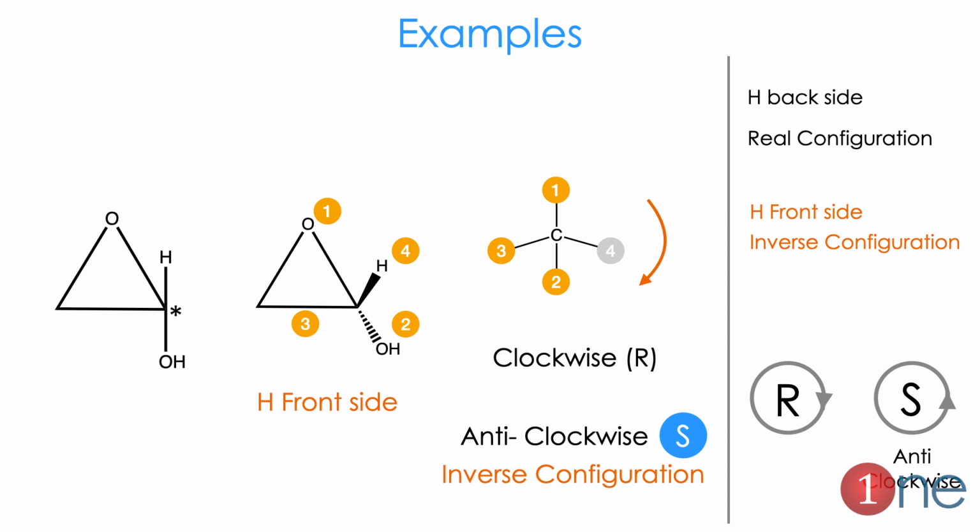In the same example, now the hydrogen atom is on the front side. So I rewrote it again, hydrogen is on the front side, so it's written with a solid wedge structure. So again, epoxide gets the first preference, alcohol the second, and the carbon the third, hydrogen is fourth. So as per the arrangement, we should get R. Since the hydrogen is on the front, the configuration is reversed. So the inverse configuration leads to the anti-clockwise direction, which is S. So hydrogen on the front side means inverse in configuration.